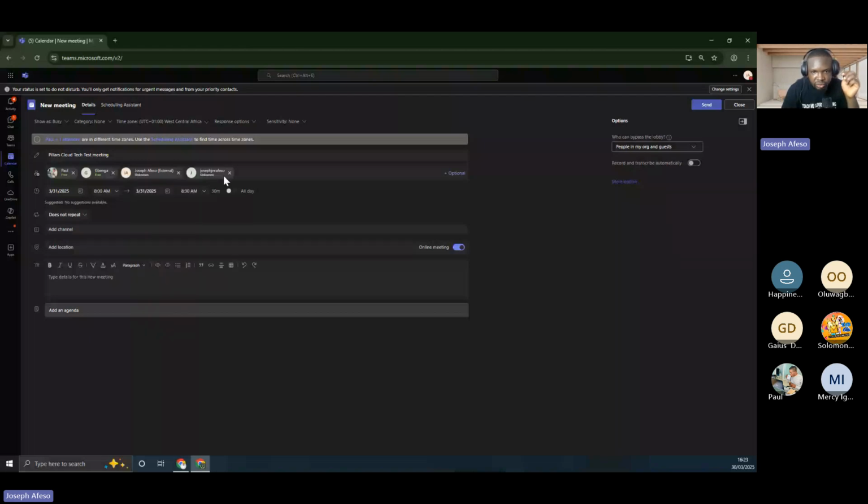So if you look at the significant difference I wanted to point out here, you see when I looked at that tomorrow, Paul is free, Benga is free. So if, for example, Benga had a meeting scheduled for tomorrow by 8 o'clock, it will show me a red symbol, busy at that time, to show that Benga is going to be busy at that time. But if you look at this, Joseph and this other person, they are external users. So their present status is not showing.